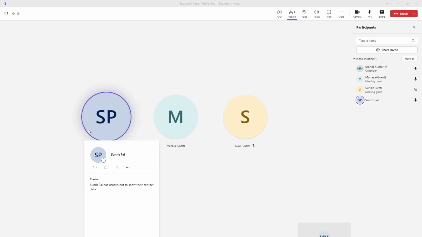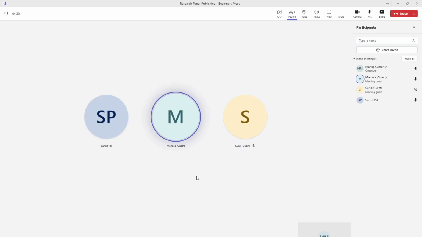Where do I get the IEEE format? Is it available online? Do we need to log into IEEE or create an account? No, in general, if you just look for the IEEE research paper template, you will get it.